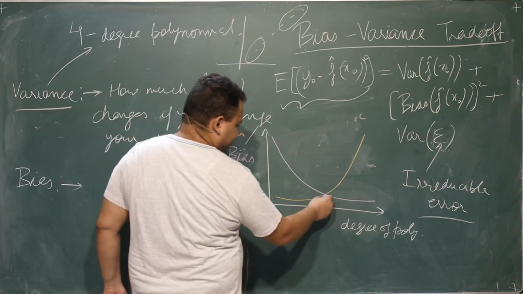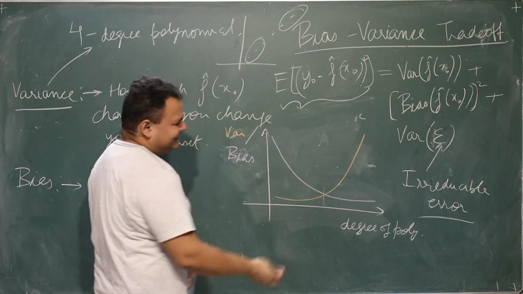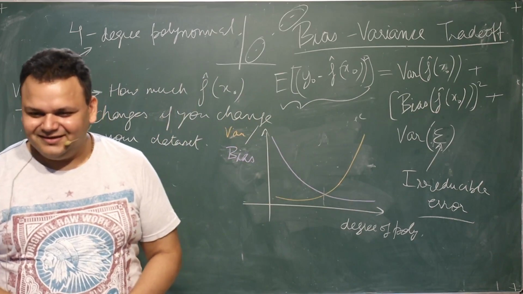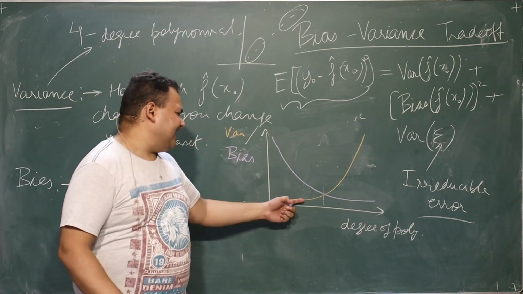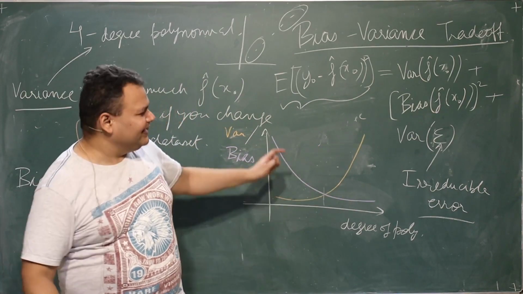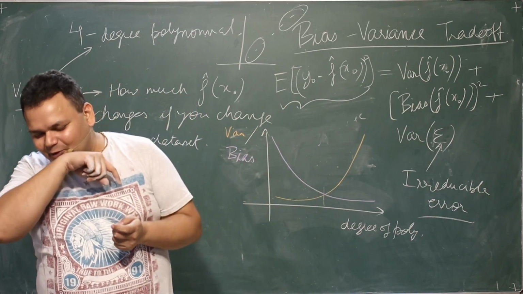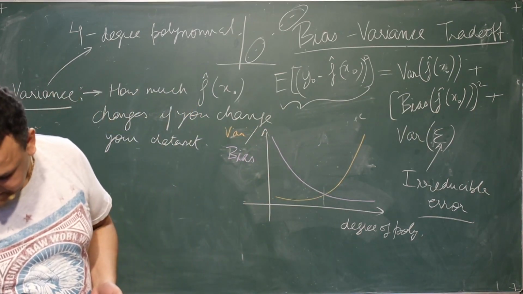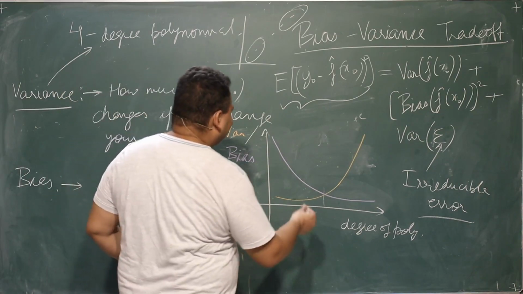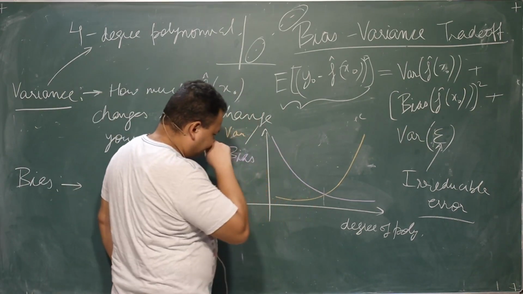Somewhere here? The intersection, maybe, but not necessarily. It depends on how fast each of these two is increasing, but it means we have to balance both of these things. Okay, so the sum of